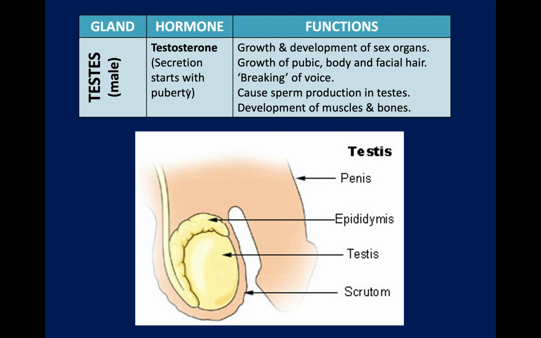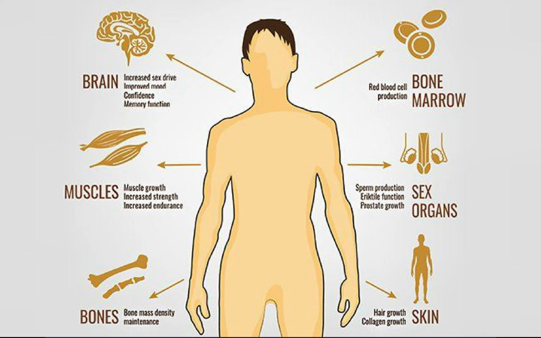It plays a very important role, children, in the development of the male sex organs. When does this happen? It happens during puberty. Testosterone is also responsible for the male secondary sexual characteristics. Like what? Like the deeper voice that the boy develops, his facial hair, as well as his greater muscle mass.